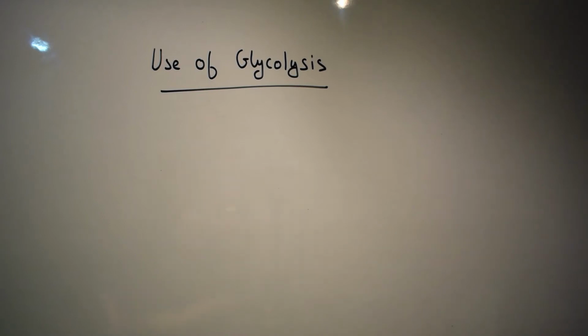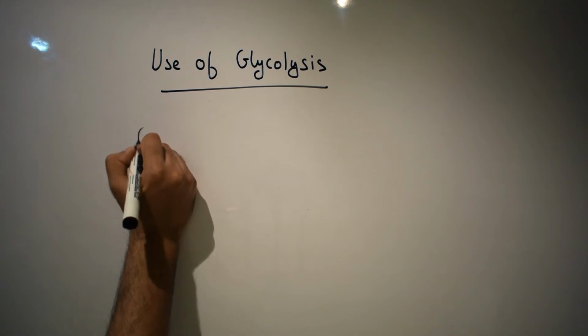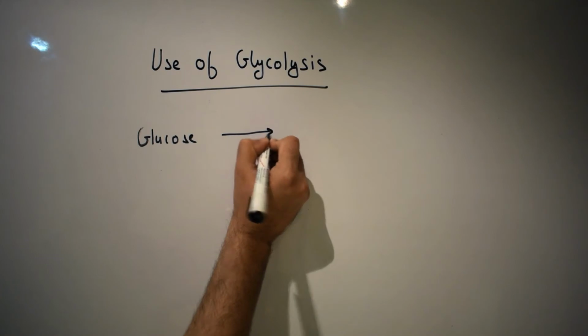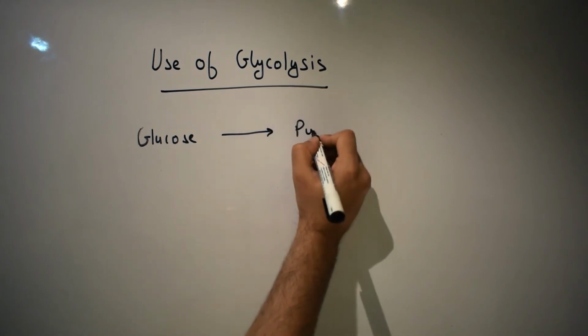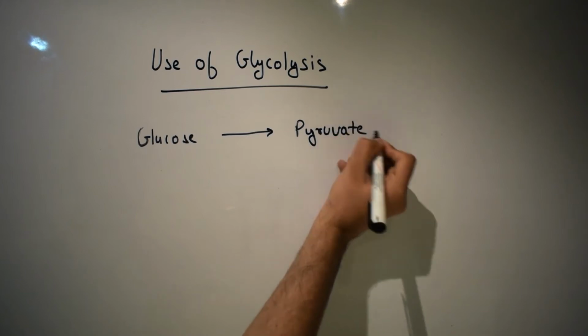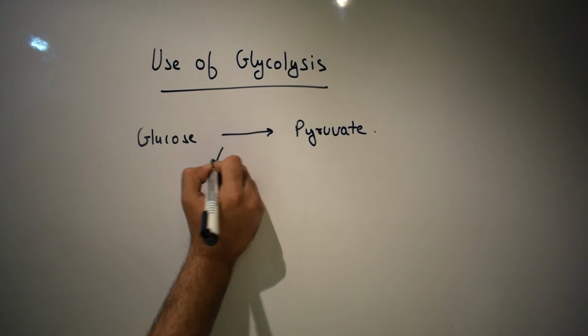What is the benefit of glycolysis? Why does glycolysis happen inside the cell? The basic idea of glycolysis inside the cell is the conversion of glucose, as I said, to form pyruvate. But it gives a bigger picture: to form pyruvate, and in the process through substrate level phosphorylation some ATP is